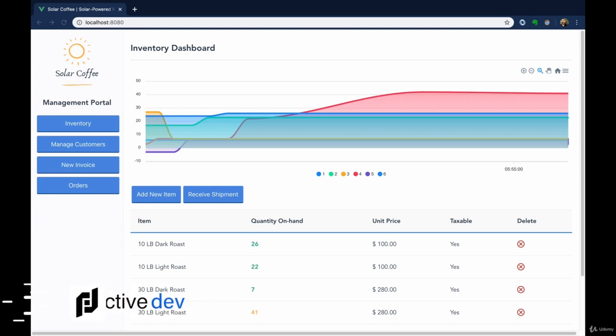Okay, so let's take a quick look at the application that we'll be building over the course of this series. So what we have is essentially a dashboard application where we'll have the ability to track and manage inventory and create customer invoices for a fictitious company called Solar Coffee. So the idea is that Solar Coffee buys and sells coffee beans. So we take raw coffee beans in as shipments, and then we roast the coffee beans, and then we sell